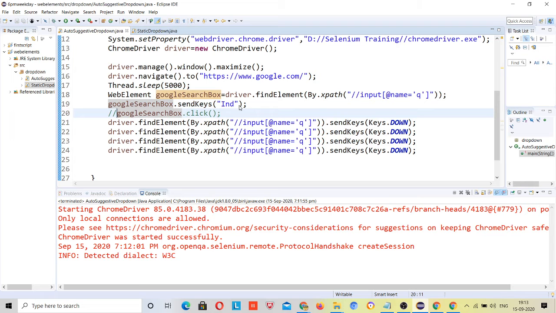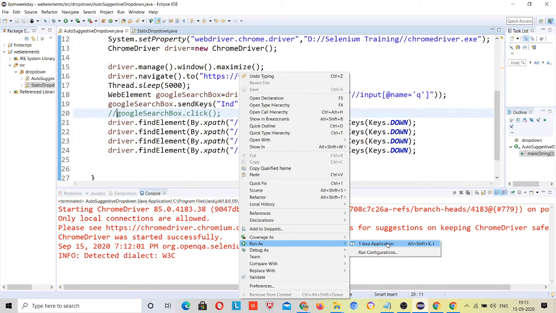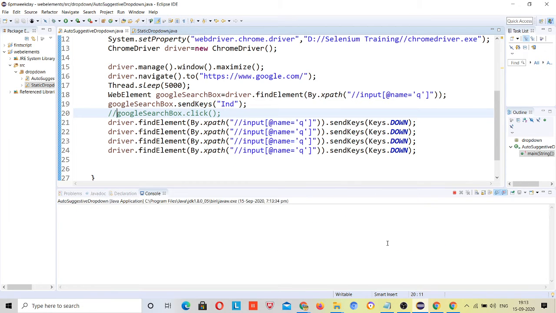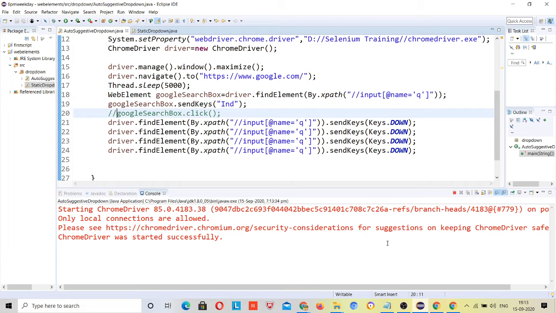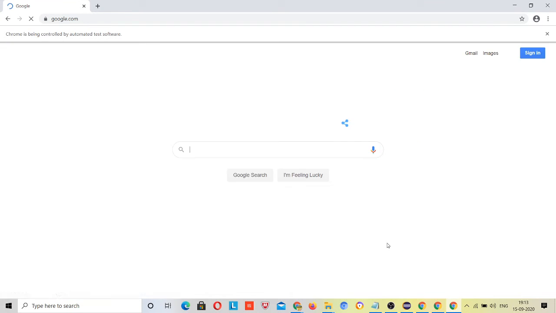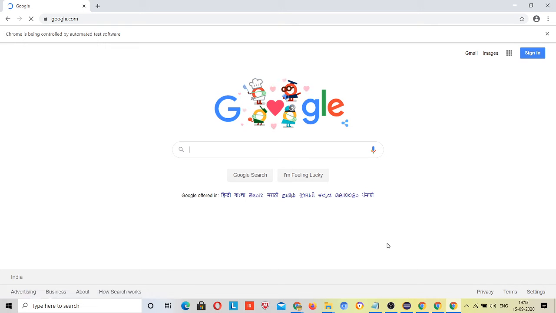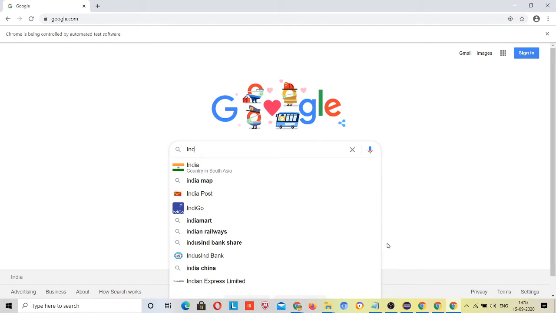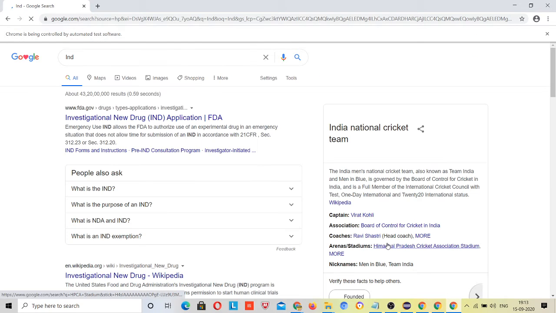Let me run it again. Although this is not working, if I click, then it should search for India.